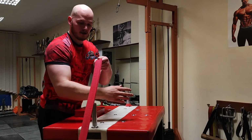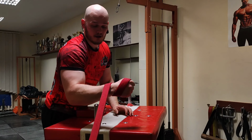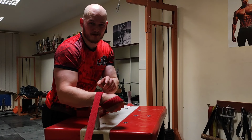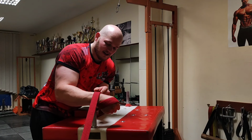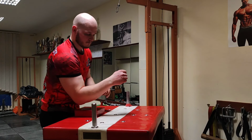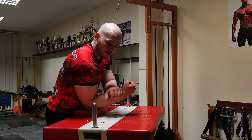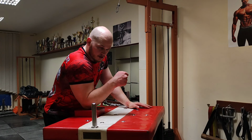Just like that. Belt over the wrist, around and in the hand, putting a lot of pressure on the bottom part of the wrist, just where the hookers want to go inside and hook you. So by holding this static